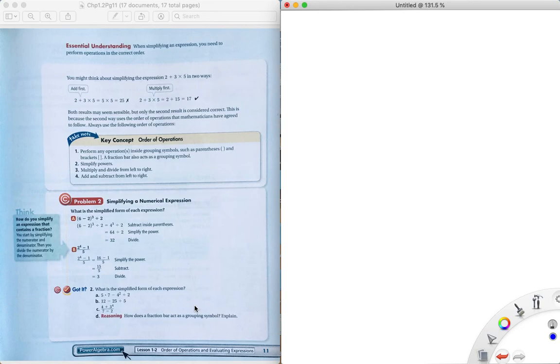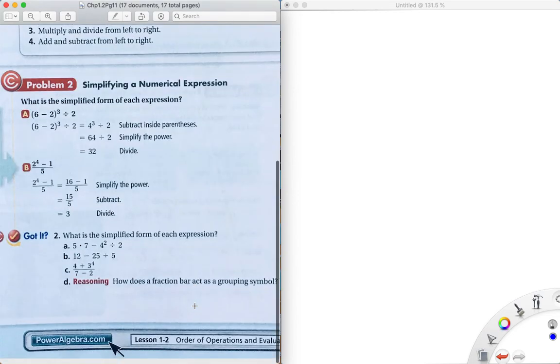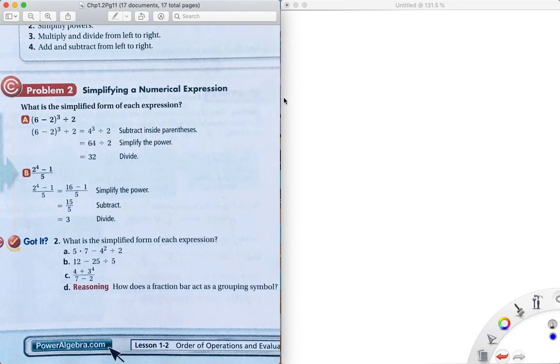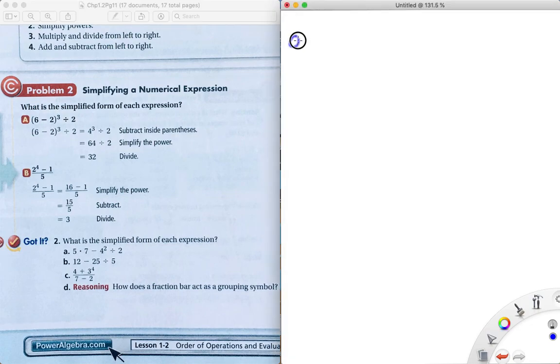So when we do one of these, for example, if we look at A, we have 5 times 7 minus 4 squared divided by 2. We have multiplication, we have subtraction, we have exponent, and we have division. So PEMDAS says to do the exponent first, so the next step is going to be 5 times 7 minus 4 times 4, which is 16,